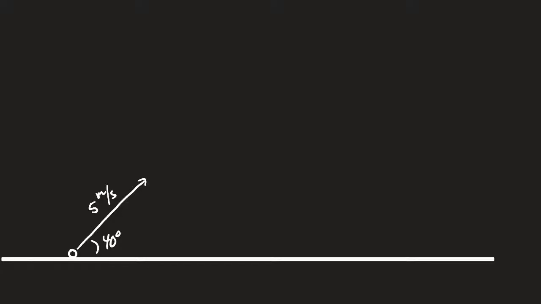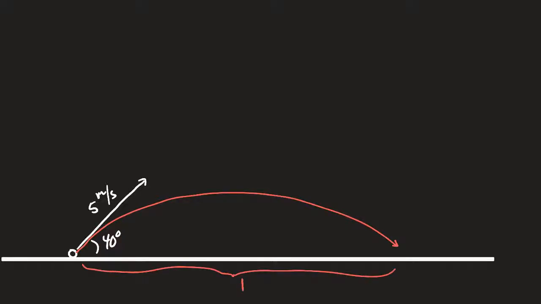Suggesting that as anything, you guys have all thrown something in your life, or at least seen it done. The object's going to go in some kind of curved path until it reaches the ground. Again, meaning you're going to have some range to deal with. Now, just like what you saw before, this is a projectile problem. Do you see it meets the rules of a projectile? It's moving in 2 dimensions, but it's going to accelerate in only 1. Gravity's still going to accelerate this and bring this back to the ground. The difference